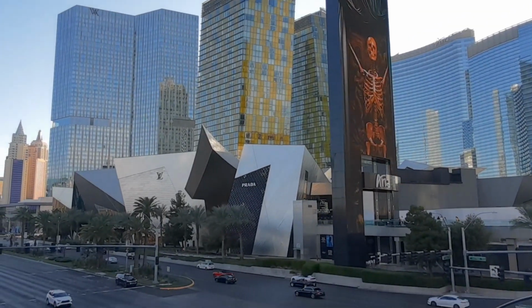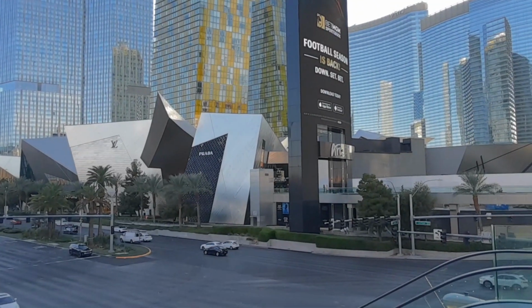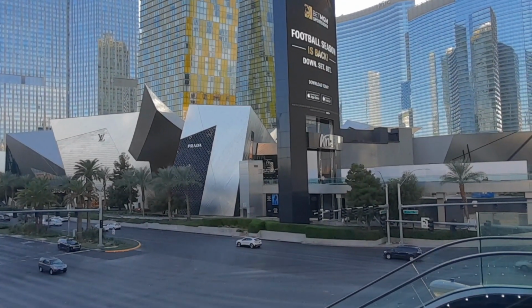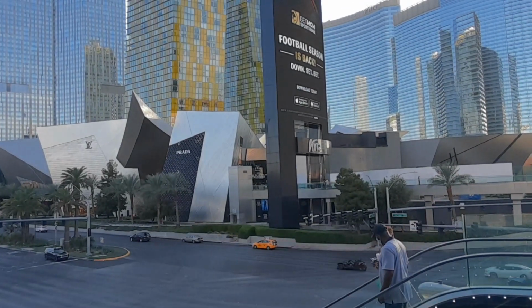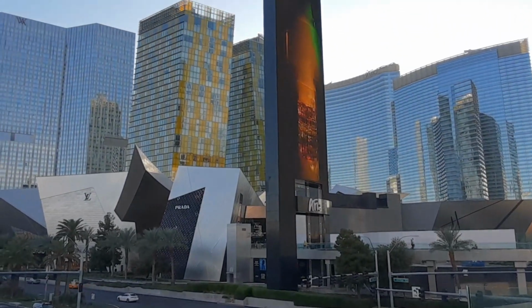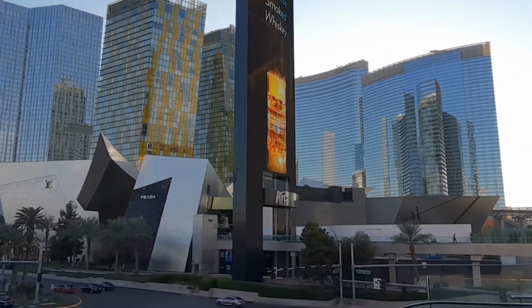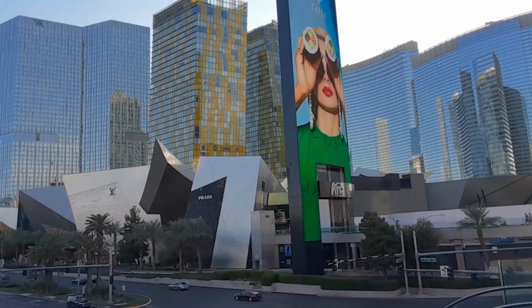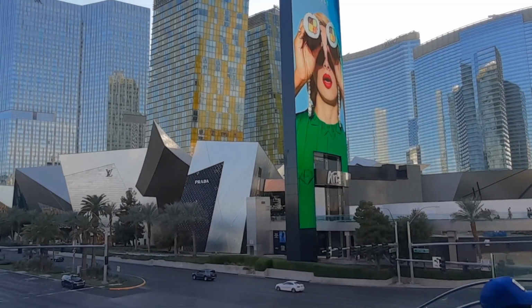And the City Center also has its own fire station, which is operated by the Clark County Fire Department, and also has its own power plant to provide electricity, heating, and cooling to all the buildings on site. And today I'll just give a quick tour of all 5 of the hotels, and let's see what's going on